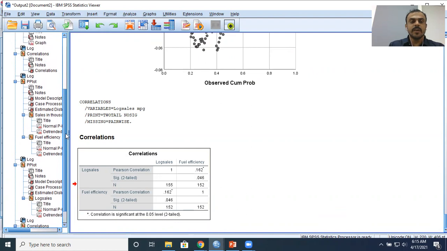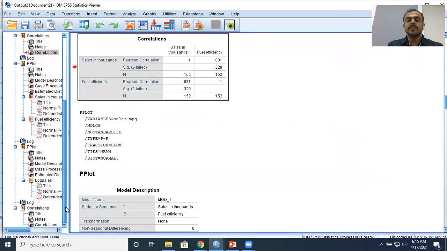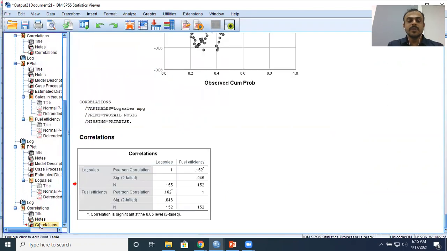Let me just take you back to the earlier correlation table. You had 0.081, a positive correlation. But look at the significance value for the earlier table, 0.320, bigger than 0.05. Since it is bigger than 0.05, in the last stage you accepted the null hypothesis and concluded that there is no significant relationship between the two variables. Please compare this correlation table, wherein both the variables did not obey normality, to the latest table that we have, where both the variables follow approximate bivariate normality.